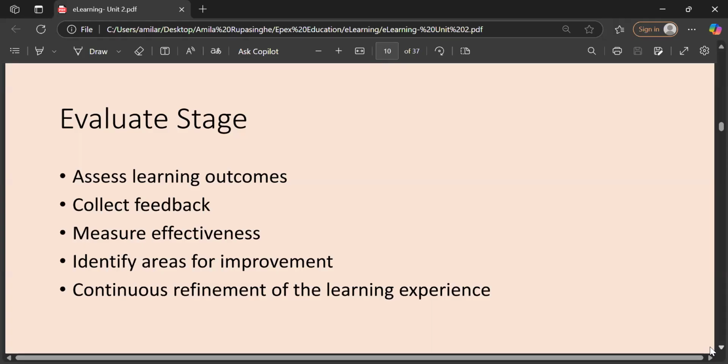by changing it to completing it online, filling the soft copy, or else asking them to take printouts earlier and write down answers and send a scan. But likewise, whatever is workable, right? Whatever we can do practically, we have to include. So through feedback, we can find those drawbacks and we can make improvements. Continuous refinement of the learning experiences. Always we have to refine them, we have to update the learning experiences that we are going to give.